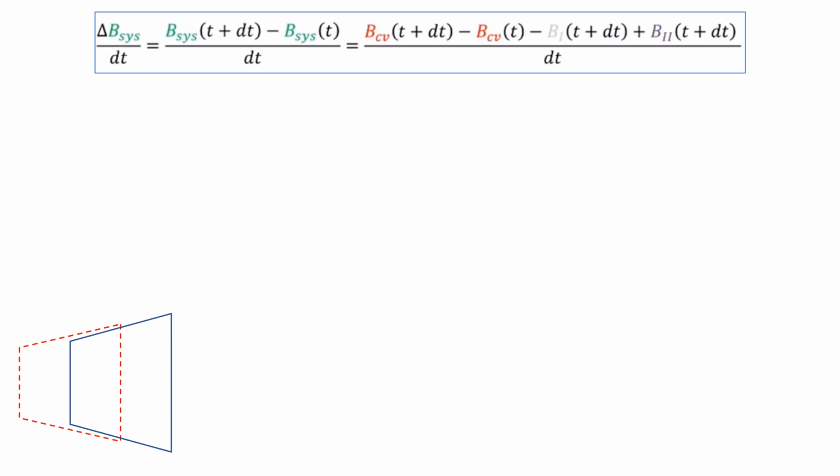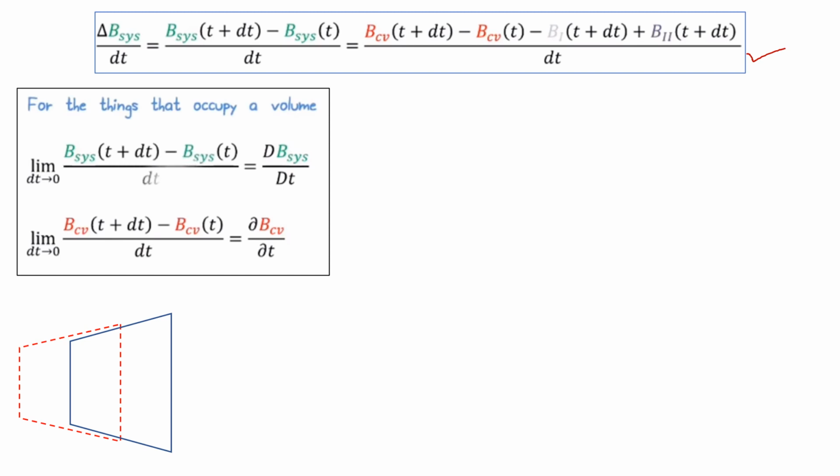So this is what I got from the previous slide. This equation, when I included the time rate of change in these extensive properties, and these are those terms that are occupying the volume. So one is my system, and one is my control volume. There is another difference. I'm talking about the total change with respect to time, so that is why I have written it with capital D over dt. That is what we did when we used this capital D over dt in the material derivative, because we were more concerned about the total change,